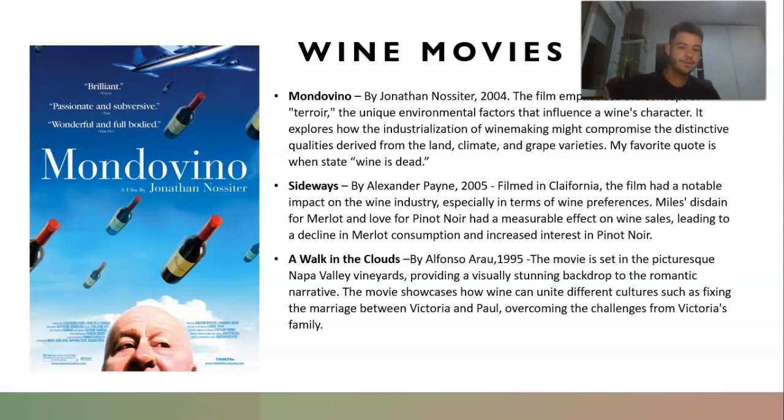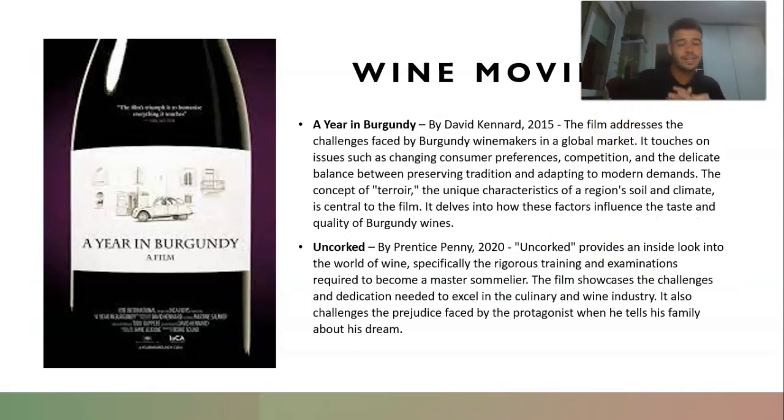It talks about the Napa Valley vineyards, and it talks a little bit about how wine can change the culture and how it fulfills the culture of a society. So the movie goes around the marriage between Victoria and Paul. Victoria is from a very traditional American-Mexican family, and he has some issues with the traditions. And Paul is a guy coming back from the war. So it goes over this narrative, and wine just revolves around this culture and all the great things that wine brings, right? It complements our culture.